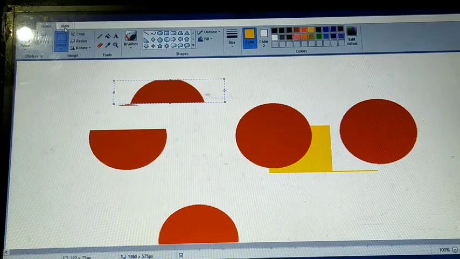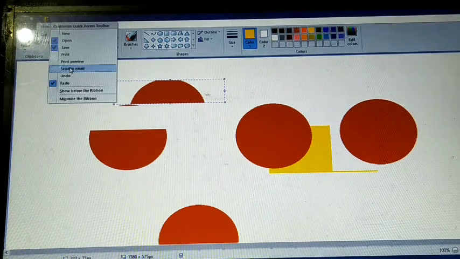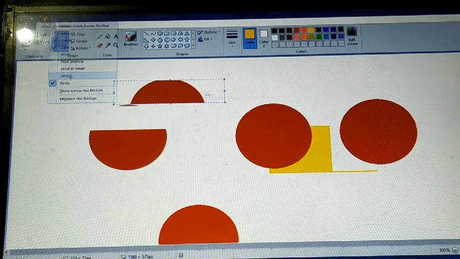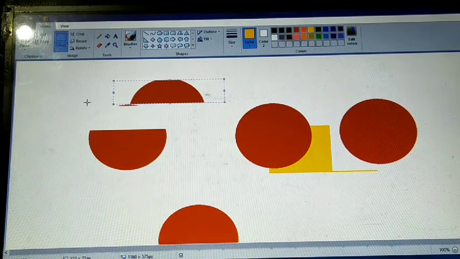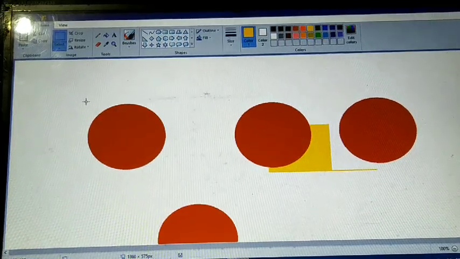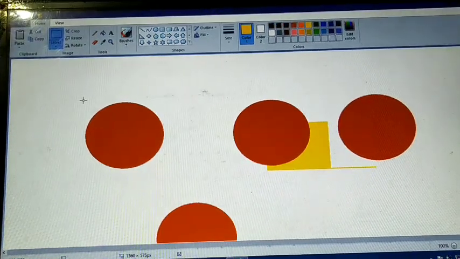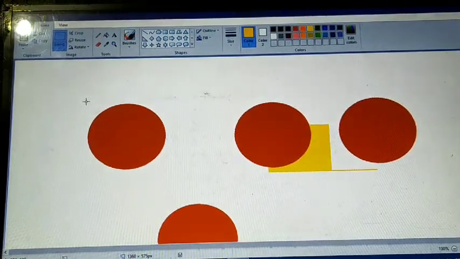If you select the undo option, what will happen? It will get back to its own position. See, Ctrl plus Z, Ctrl plus Z, if I am pressing, it is getting back to its original position.